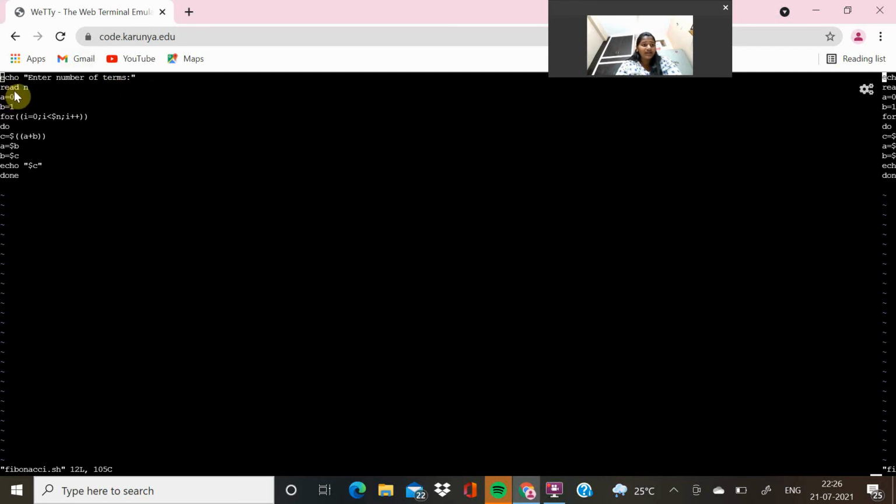Then the read statement means scanf statement, where a equal to 0, b equal to 1, for i equal to 0, i less than n, i plus plus, do c equal to dollar a plus b, a equal to dollar b, b equal to dollar c, and print dollar c. Done.